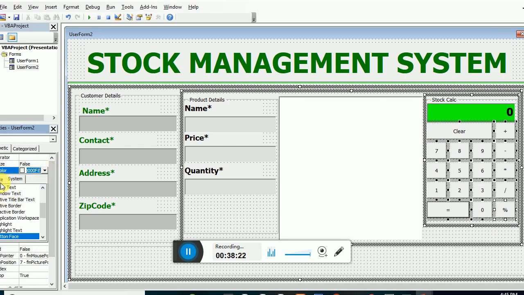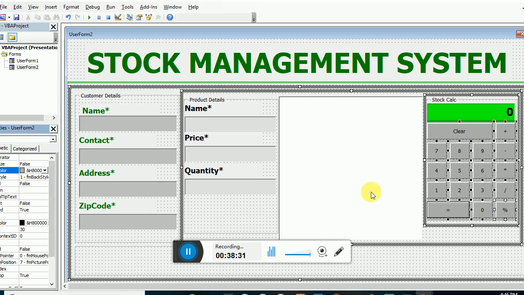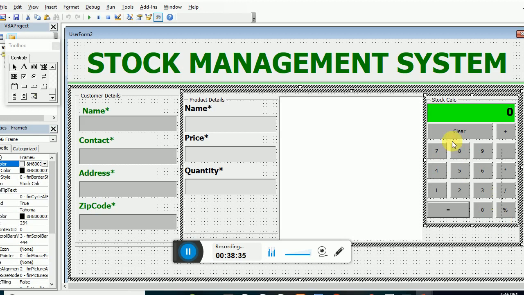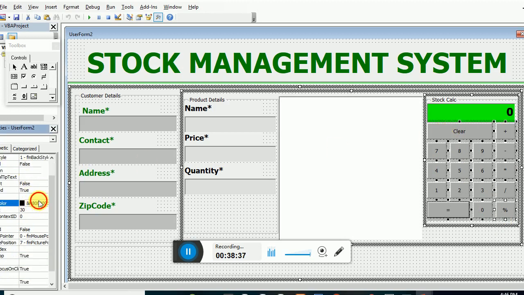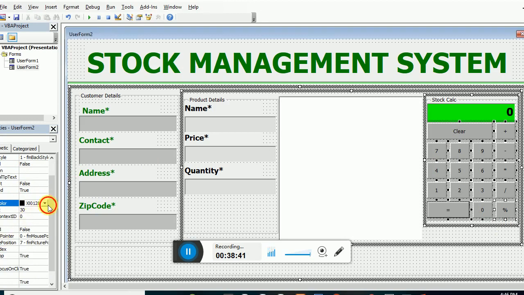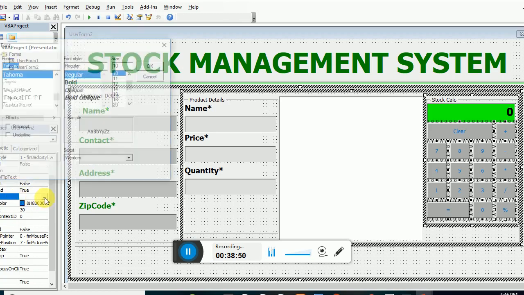change that color, click on here. The front part will be having that, but the inner part we can have in another color. You can have another color to make it nice, and the font size to be